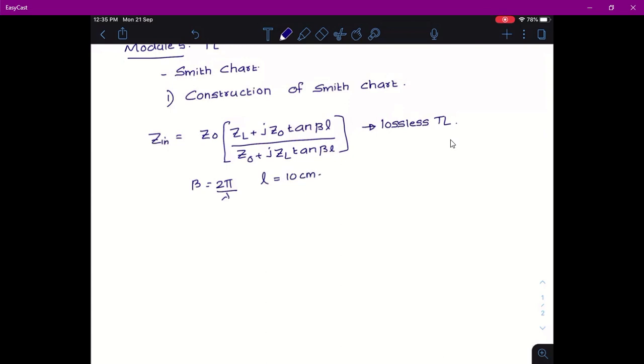Now the question is, how easy is it for you to calculate the input impedance? Because you need to find this quantity beta L and the tangent of that, which means you need some kind of a calculator or software in which you find this value, substitute this in the equation, substitute ZL and Z0, and find Zin. This is a bit of a tedious process. This is one example. So what if we can find this graphically? Because if you can do anything graphically, it is easy to understand, easy to remember, and it is very fast.